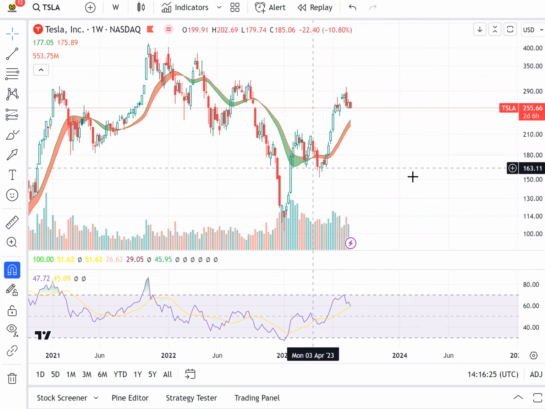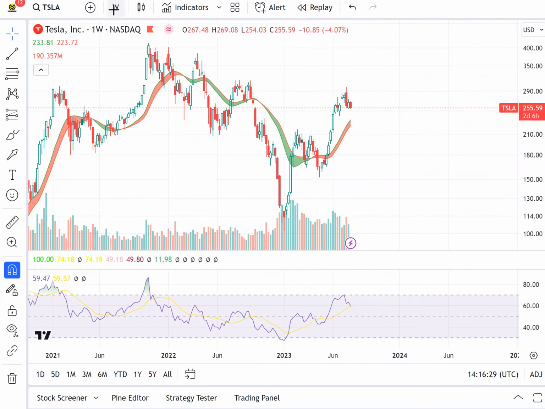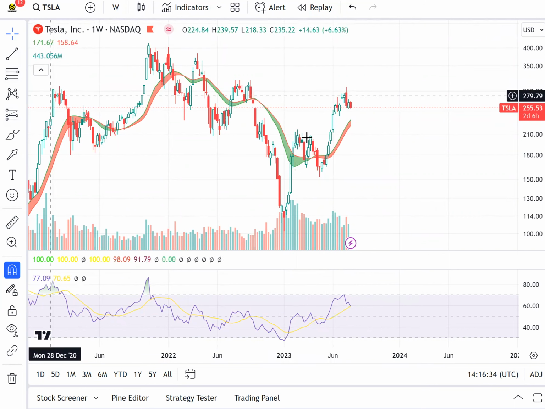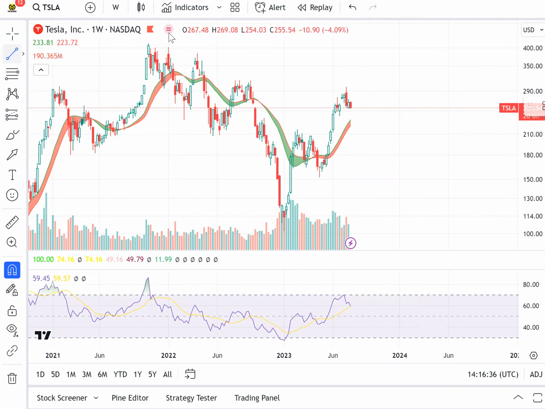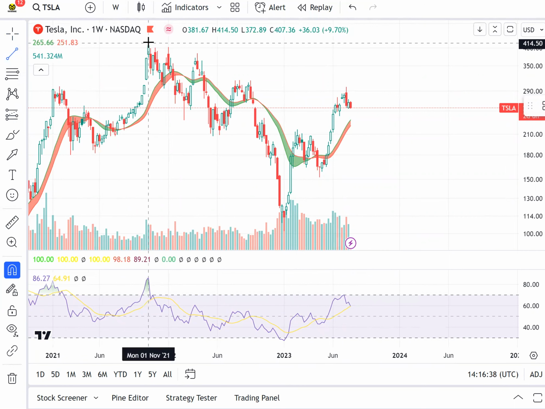We are in the red zone. Red zone means this is a strong trend. This is our weekly chart, so it's a long-term investor indicator. Second, we can also check the